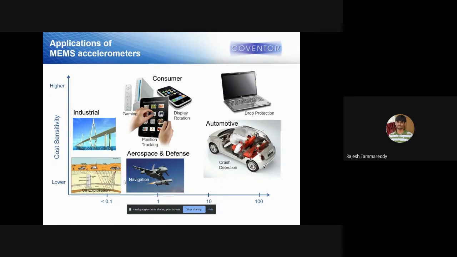Coming to the applications, the accelerometer has a wide range of applications. You can see it in most of the different kinds of industries. In industrial use, if you see a bridge, you can measure the health of the bridge. If you place accelerometers on the bridge when vehicles are going, the vibrations on the bridge will be monitored by the accelerometer.